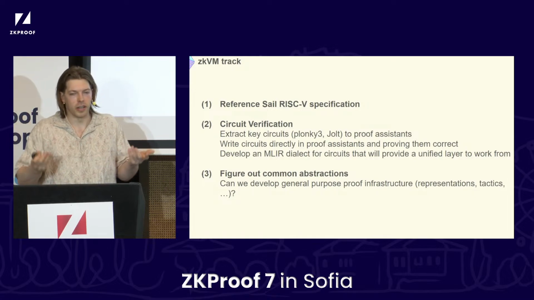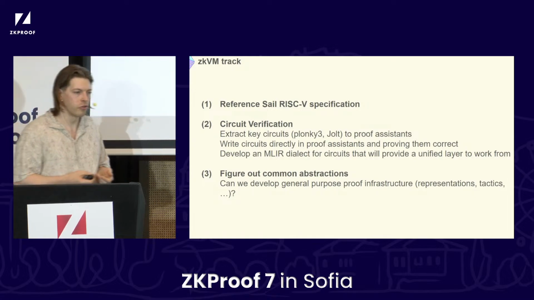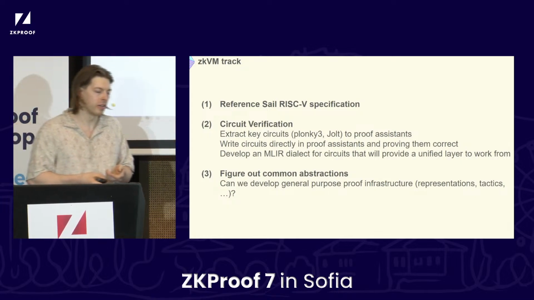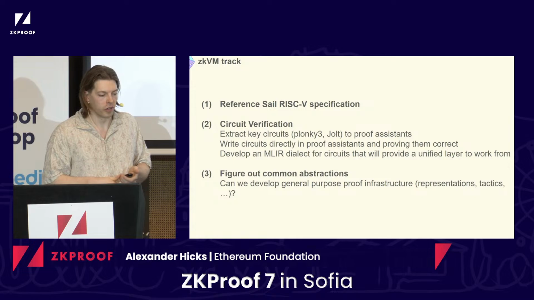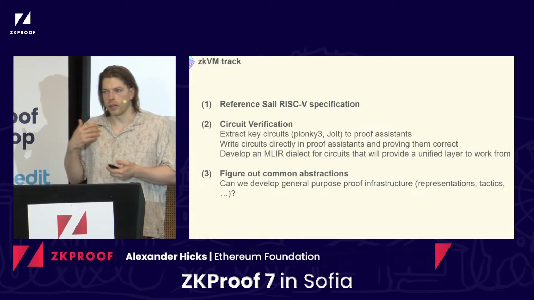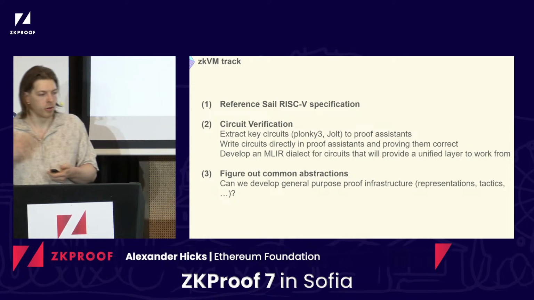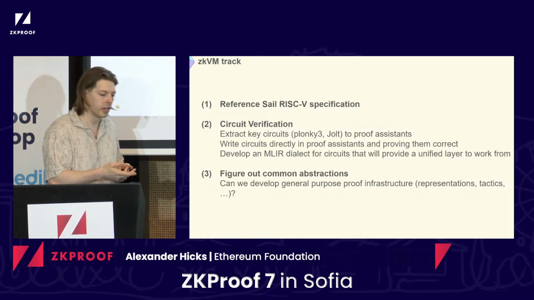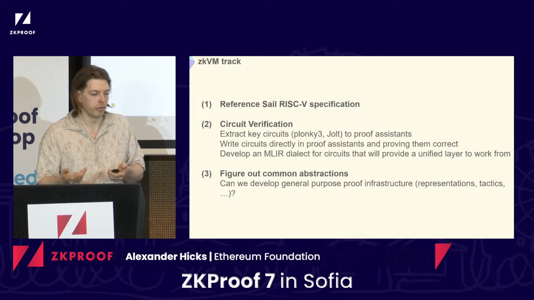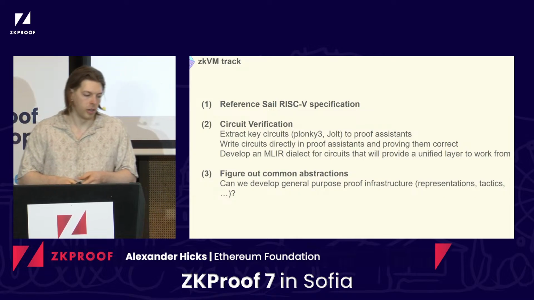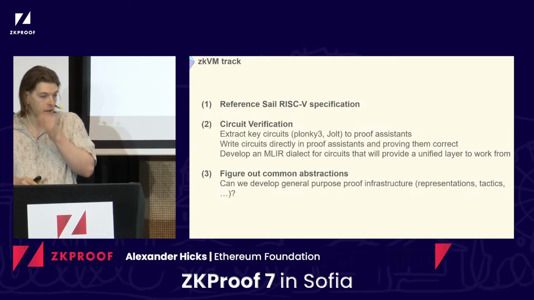Lean in particular is quite a nice functional programming language, so it's not that bad to try to write reasonable code in it. And the nice thing is then you can just prove your circuit as you write it, and you can get it to a point where you have these nice generic composition theorems, where if you have completeness and soundness that's been shown for a subcircuit, you can get a proof of completeness and soundness for an entire circuit composed of sound and complete subcircuits. We started this fairly recently